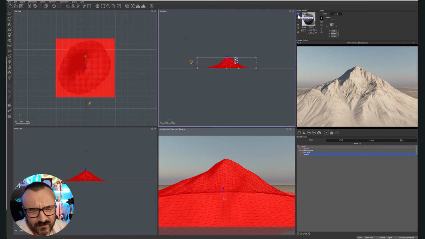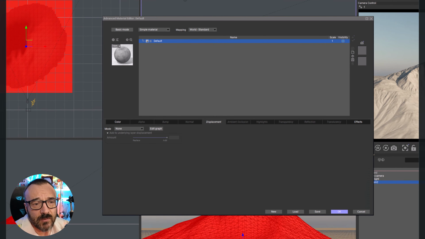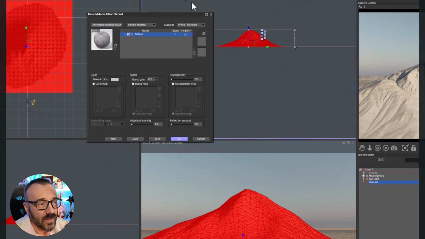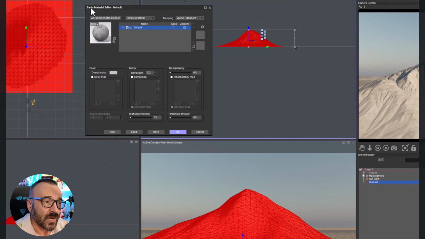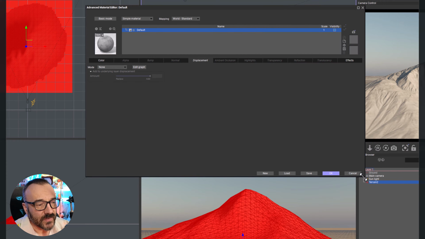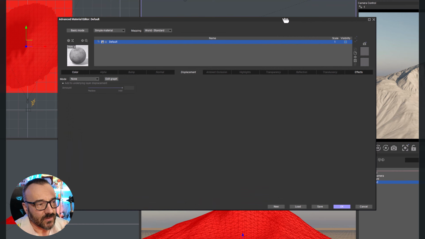And we have several ways we can access it. We can just right click on the terrain and choose edit materials. We can click on a gear, or sometimes just double click on this material object, and you can see it opens the material editor. By the way, by default, the first time you start, you will be in what is called the basic material editor. It's a very nice and simple way to do it, but it does not provide all the options I want to utilize. So for us, just click on this advanced material editor button, which will bring you to this interface. And of course, you can stretch it and make this interface bigger, so we can access all of these